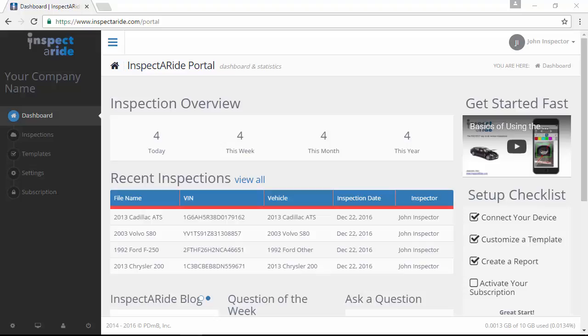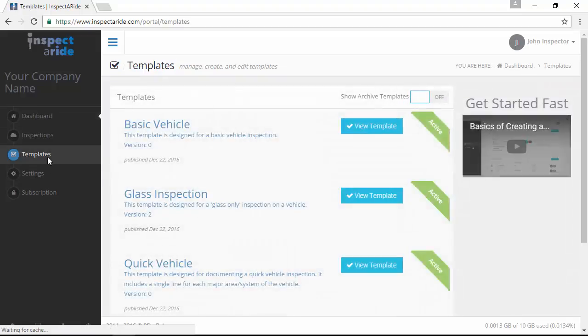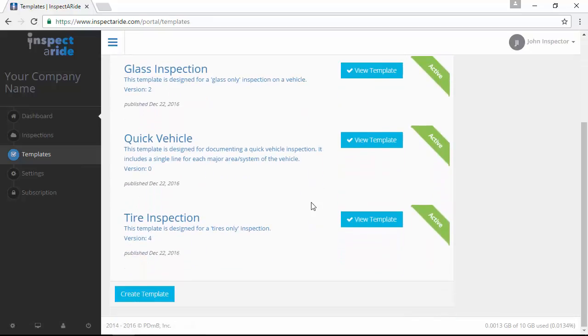inspection to inspection. To get started, the first thing you want to do is log into the Inspectoride portal so that way you can access the template editor. We're already logged in, so we're going to go ahead and tap on Templates over here on the left hand side. On this screen, we'll see a list of all the templates we currently have, and if we scroll down, we have the option for Create Template, and that's what we want to do, so we're going to go ahead